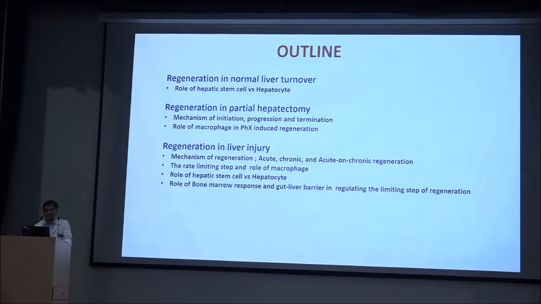So how it is acting as a master regulator. Next, we will describe regeneration in liver injury in detail, the mechanism for chronic, acute, and acute-on-chronic, what the limiting steps are, and whether it is the hepatic stem cells or the hepatocytes. And lastly, I will talk about the bone marrow response and the gut-derived barrier dysfunction in regulating the limiting step